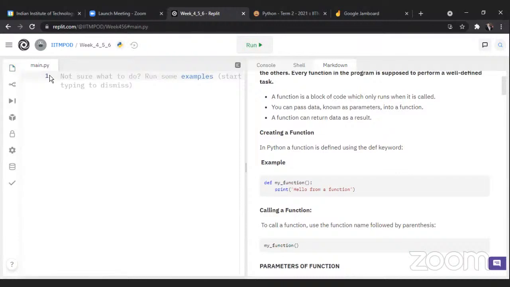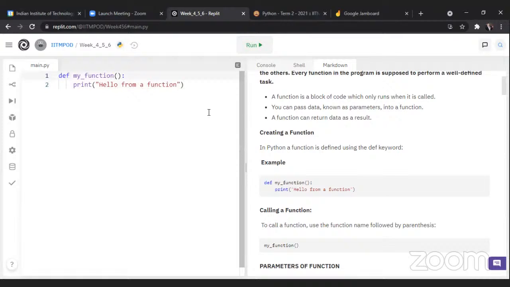This is the simple, basic function body. my_function is the name of the function, and this is the statement. This statement will be inside the function and will be executed when we call this function. So just call this function with the name